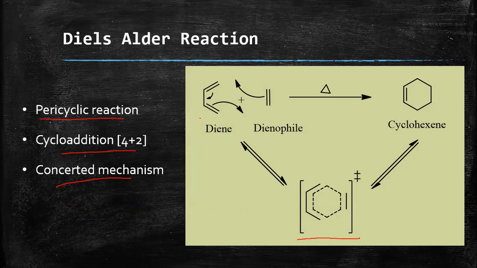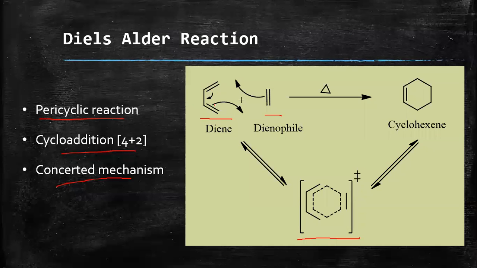Here we have a diene, which is an alkene having double bonds in a conjugated manner. And this is the dienophile. Dienophile is that species which is in search of, or looking for, the diene to combine or to interact with. You can see the shifting of bonds here from this double bond. It would shift here and this double bond here.